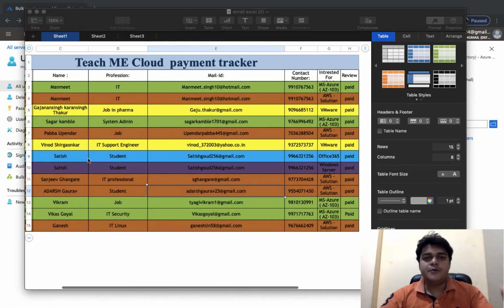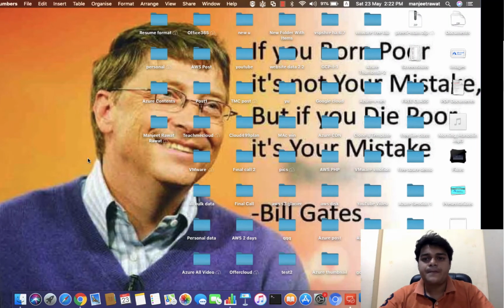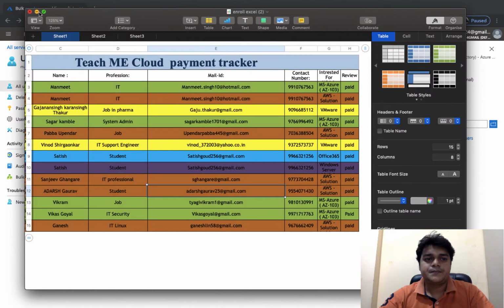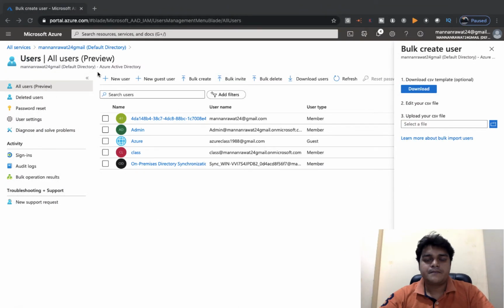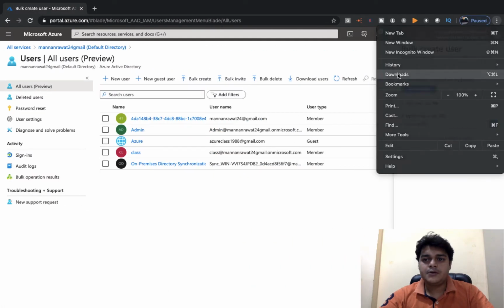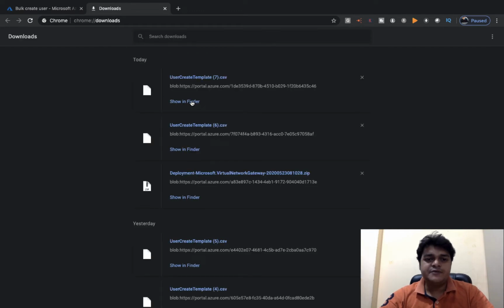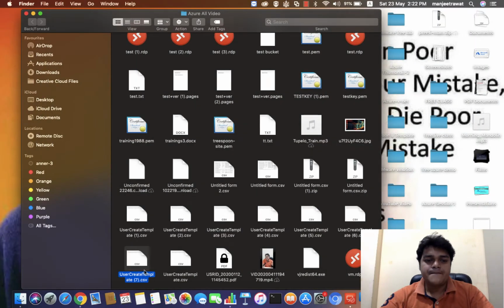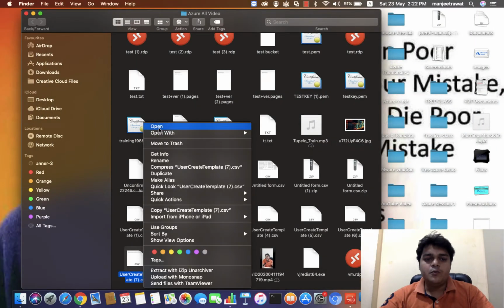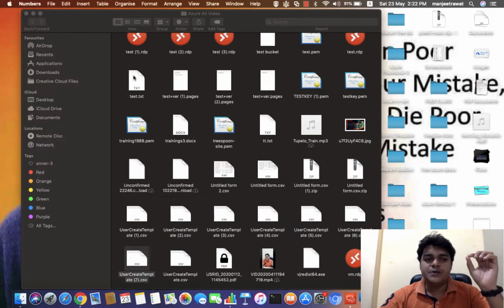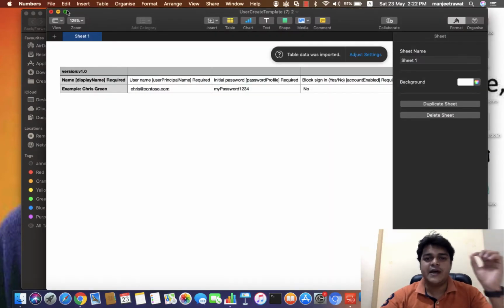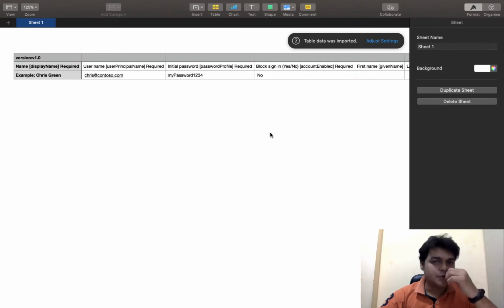And it gives you the information on how you can manage. Okay, so I'm going to open it from downloads. This is our CSV file, and an important thing is that you must not change the CSV format into Excel, otherwise it cannot be supported by the Azure portal. So this is the example.